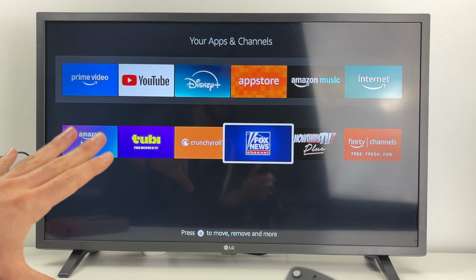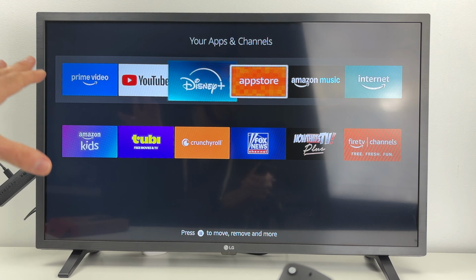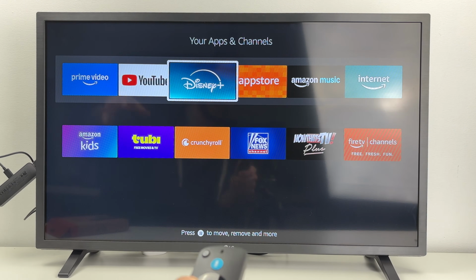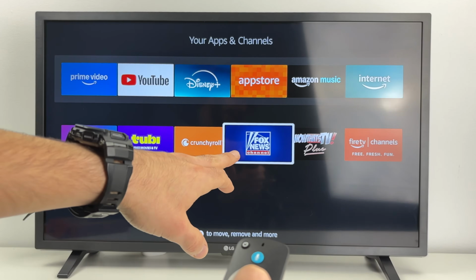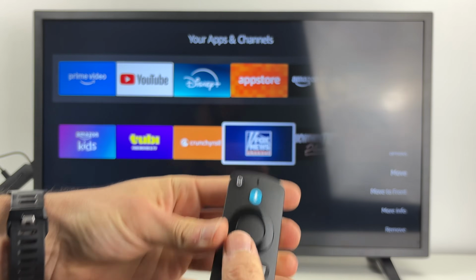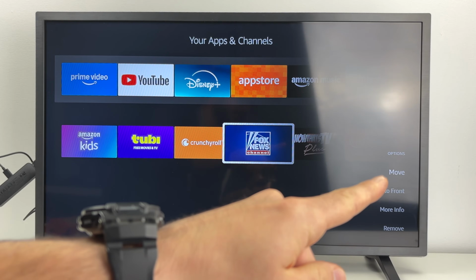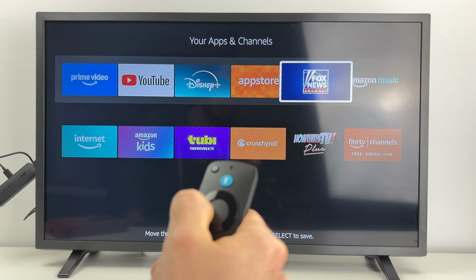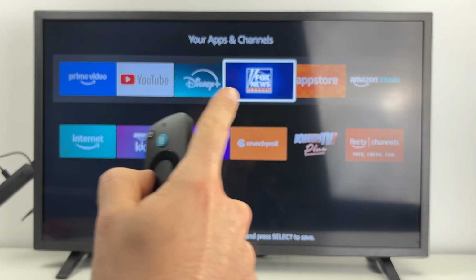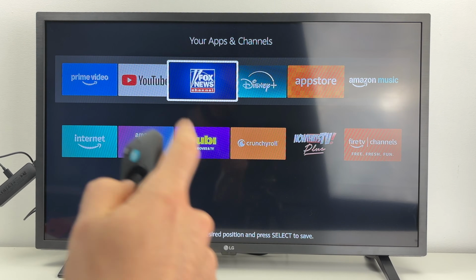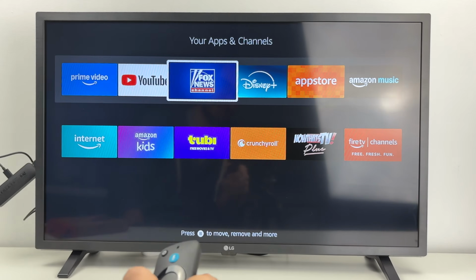If you want, for example, to move them around because let's say you want Fox News to be the first one for a reason, well, highlight the app, press the 3 line button, select move, and now you'll be able to move the app where you want it to be. So you can put it in the first spot so you'll see it quickly every time. Let's say I want it to be the third one, well, I'll leave it there,